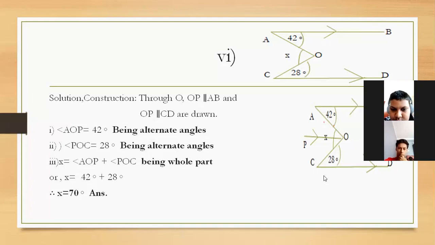Look here. I am going to explain again. This upper angle, POA or AOP, is an alternate angle with 42. This upper angle is 42. And below, POC is also an alternate angle with 28. So the lower angle POC became 28. When you add this 42 and 28, you will get the value of X, because this whole angle is obtained by adding 42 and 28. Okay, children, that is shown here.